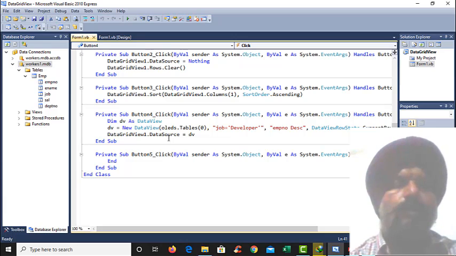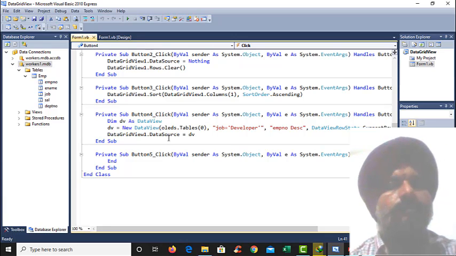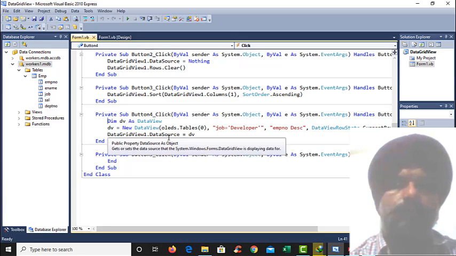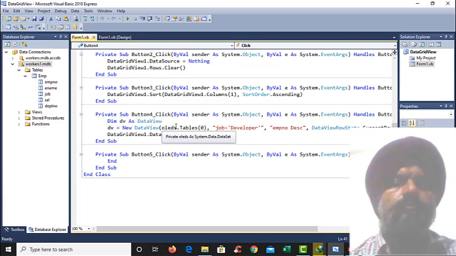It means we cannot directly filter the data set. Instead, we have to create a view of the data set, and that view will be the filtered form as per our requirement.